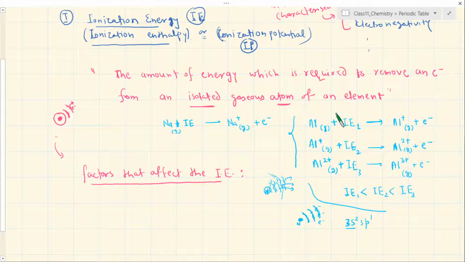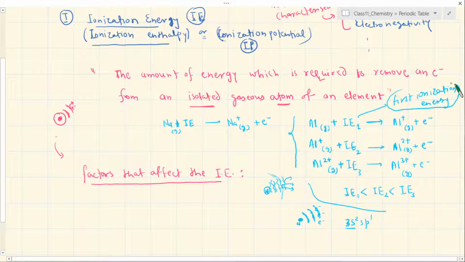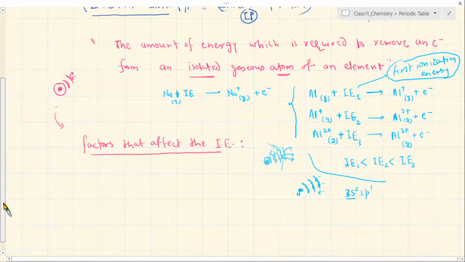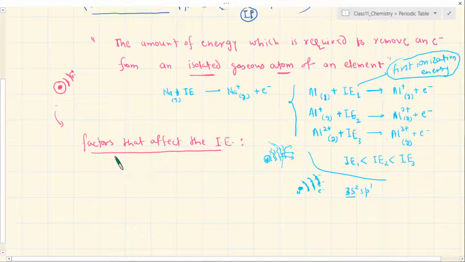So basically all I'm trying to say here is, when we say ionization energy, very casually you must understand we are only talking about the first ionization energy. This is your first ionization energy. But then specifically if you have to discuss the phenomena associated with the second electron removal, you talk about the second ionization energy, third ionization energy, and so forth. So let's look at the factors which will typically influence the value of ionization energy.